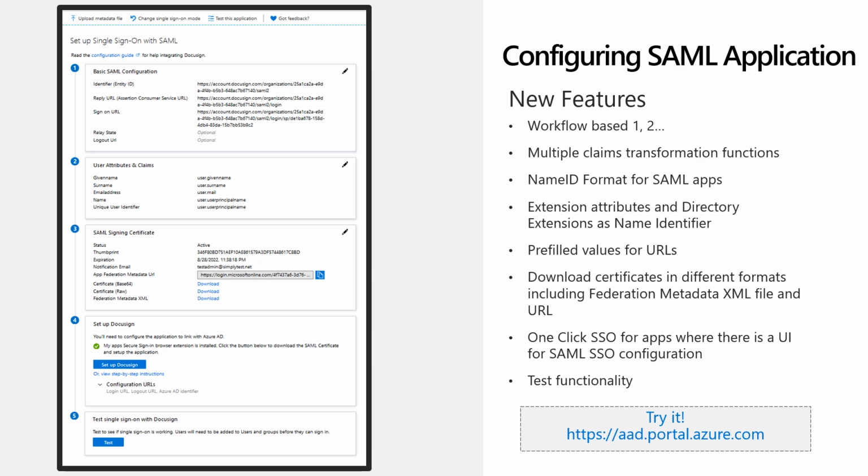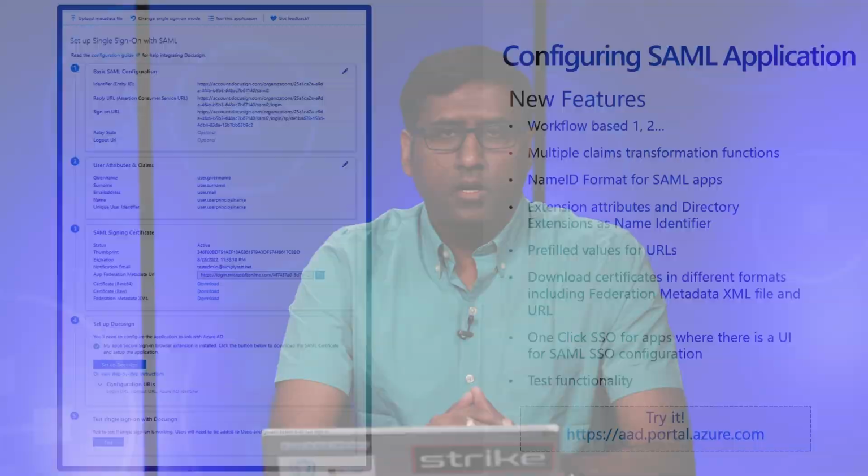In the second set, you can configure the required claims for the application. Note that whenever you are adding a new application from the gallery, and if the application requires a custom set of claims, then you will automatically get those particular claims when you add the application. We will add the default values for it. So you should ideally review that claims mapping and change it if you need it.